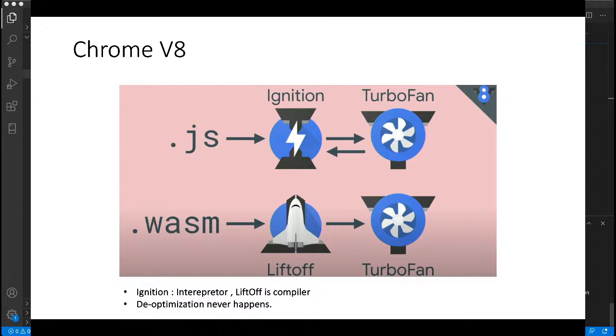So when we are talking about JS, the code keeps jumping between the ignition stage and the Turbofan stage, due to which we are not able to extract predictable performance from the JS file. But when we are talking about WebAssembly, the code is only once in the liftoff stage, and then it moves to the Turbofan stage. That means we have predictable performance when we are using WebAssembly.